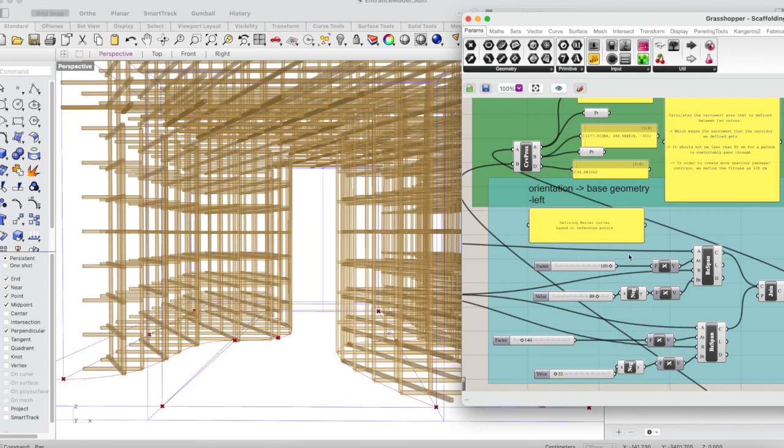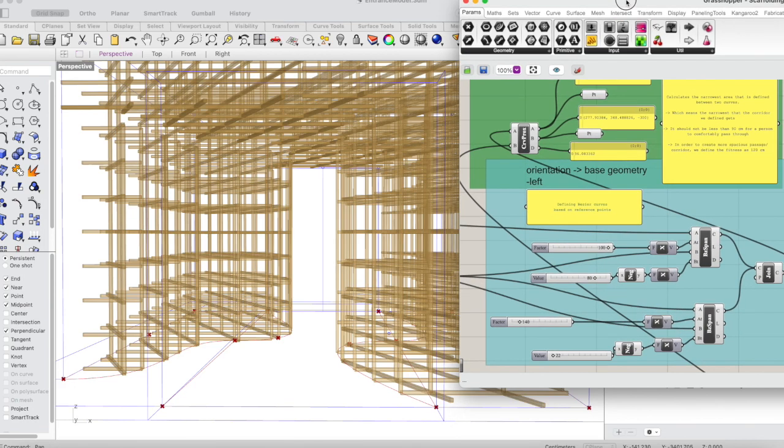Does not really work in terms of time, although it can still work if you have a lot of time to come here and then manually, for instance, change this factor to 110, and then you see we